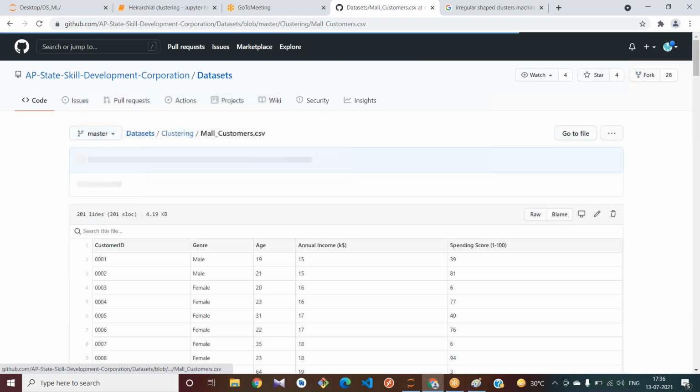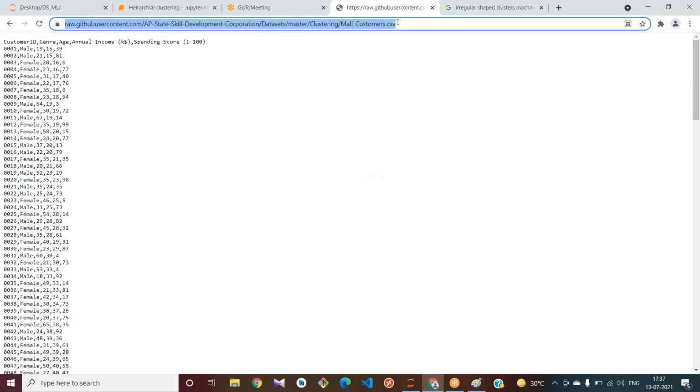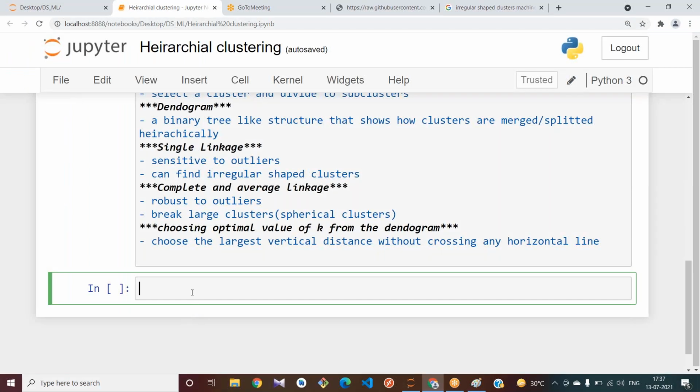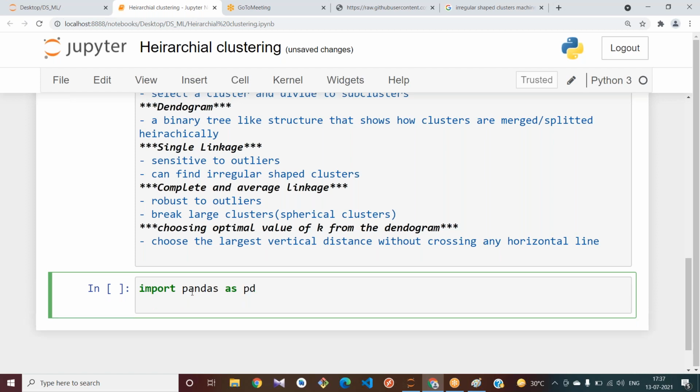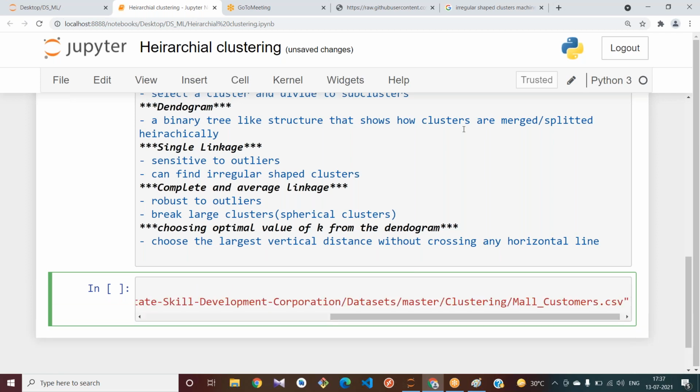All of you try to copy the link and load it in your notebook. In order to do that, I import pandas as pd, and use pd dot read underscore csv and paste the link. I have posted it in the chat box. Try to access.